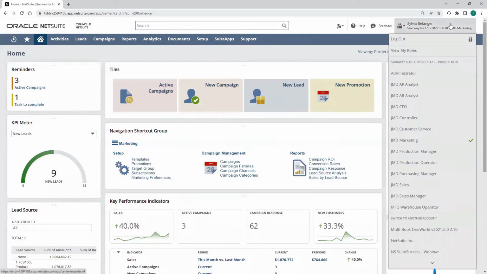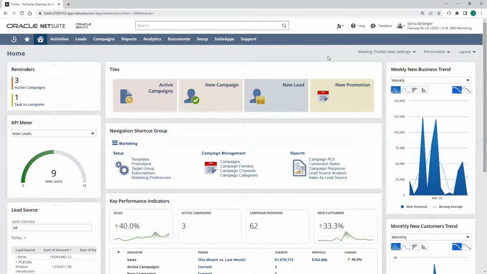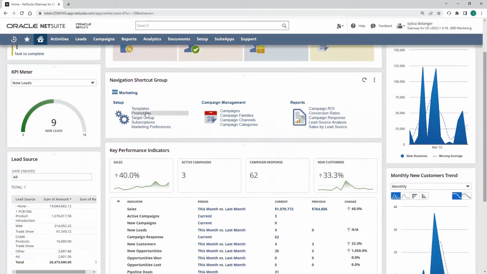So I'm currently logged into a marketing role. This is one of those pre-configured roles that comes out of the box with NetSuite. My reminders are going to be notifying me of active campaigns and tasks that need my attention. My navigation tiles and portlet is going to allow me to access tasks that are important to my role, things like setting up templates and target groups for campaigns, managing my campaigns, accessing pre-configured reports for things like ROI, conversion